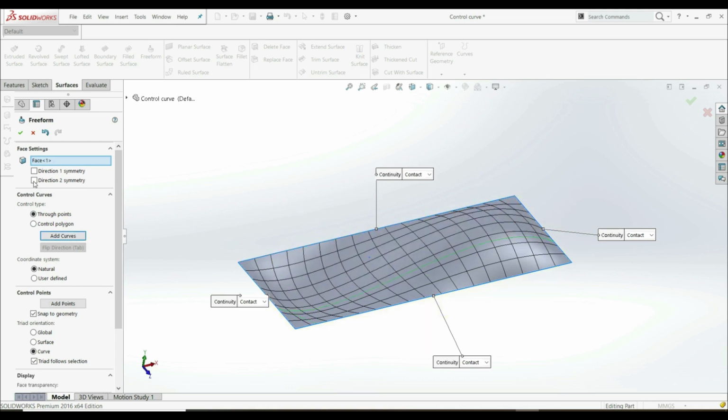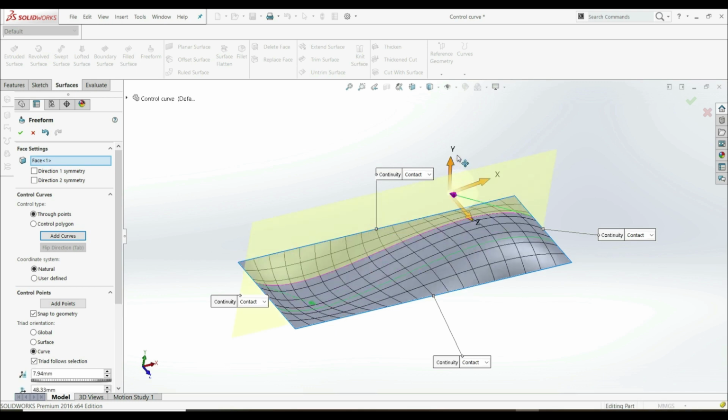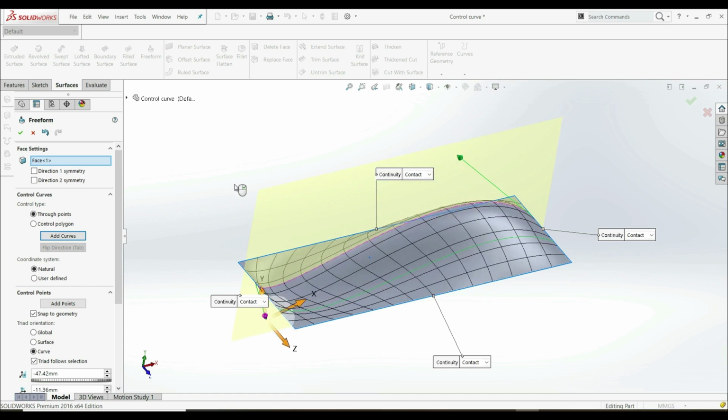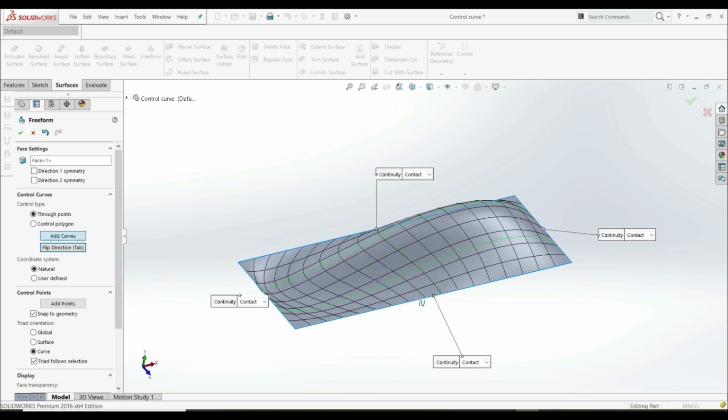Let's click here. Now if we go back again to add curves, we can add a new curve here, like this. Let's click on this curve, and we can move this arrow here and this arrow here, like this. Let's go to add curve again, and now let's go to flip direction. So let's define this curve, like this. And now let's click on this curve and modify it,